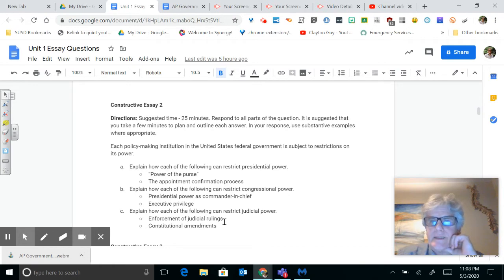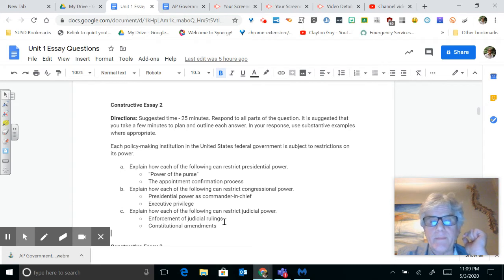Eisenhower did enforce Brown versus Board of Education, and did send the 101st Airborne down to Alabama to get the schools desegregated. But there's nothing saying that the president has to do that. And there are many people who would believe President Bush, President Obama, or President Trump would not enforce rulings that they did not like and did not want. So if the executive is in charge of enforcing the rulings, the courts don't have that power. There's nothing in the Constitution that says they have to do that.